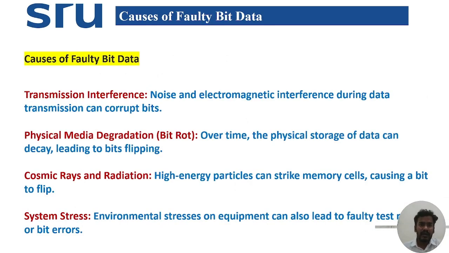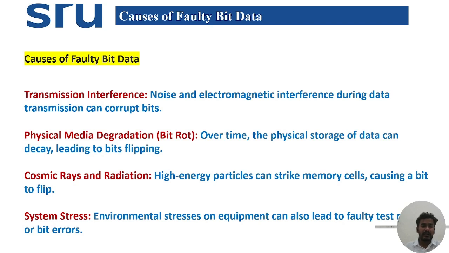So coming to the causes of faulty bit data. What are the causes of faulty bit data? So transmission interference, like noise and electromagnetic interference during the data transmission, can corrupt the bits. Then physical media degradation. Over time, the physical storage of data can decay, leading to bit flipping as